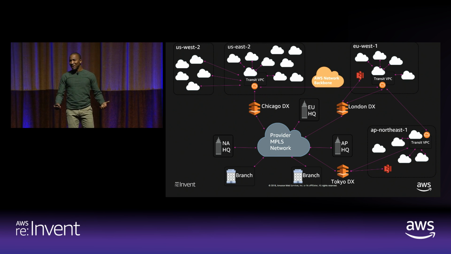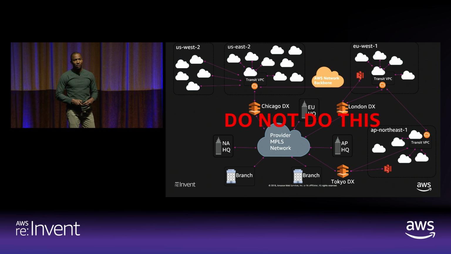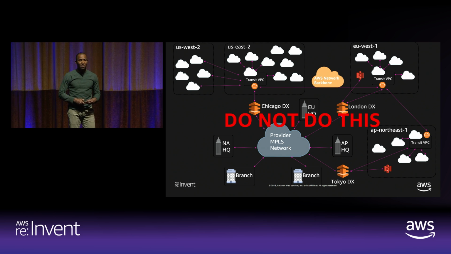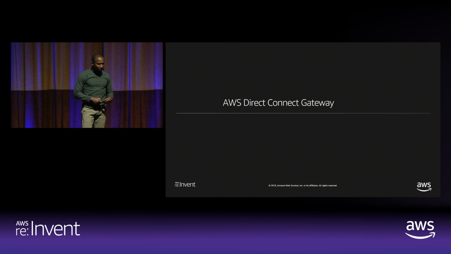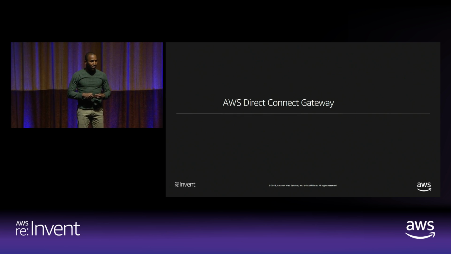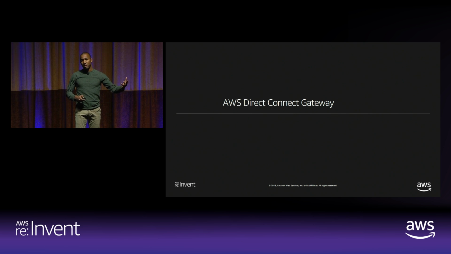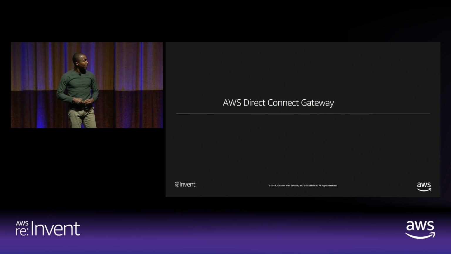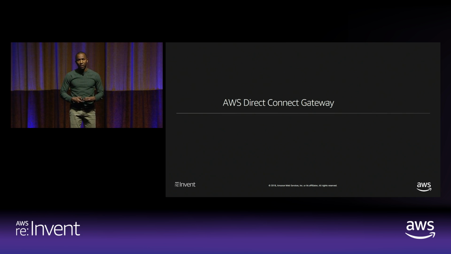Now, great. So I have Direct Connect, but I also have VPCs all over the world, right? Do I then create Direct Connect links and connect that to my MPLS network, and then backhaul that traffic through my MPLS network that needs to get to each region? The answer is no. This was the design once upon a time. Last year, we made a step to remove the need for you to backhaul that traffic across your network and to simplify how you associate your VPCs with on-premises. And that association came through the Direct Connect Gateway.